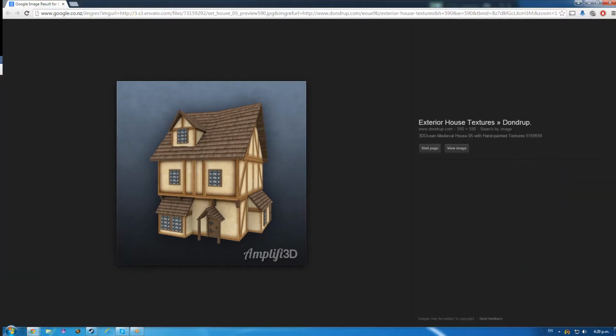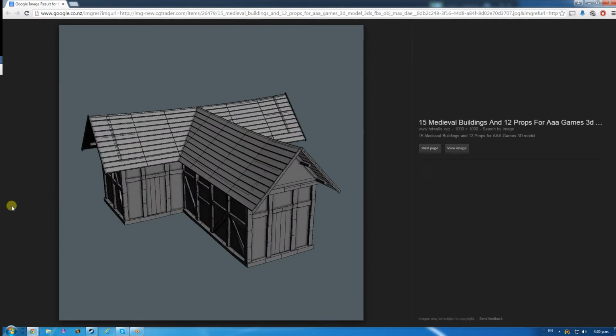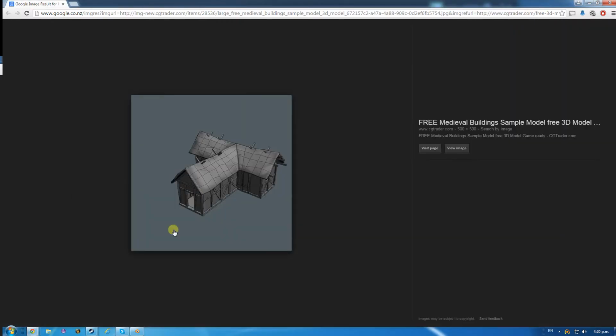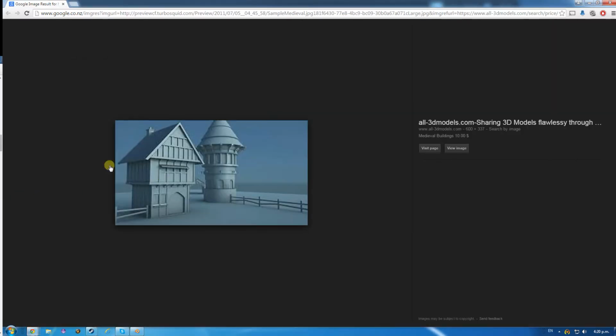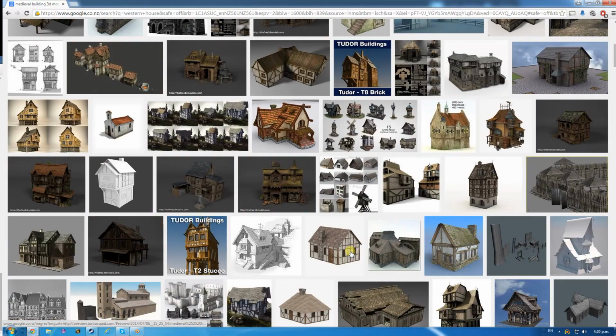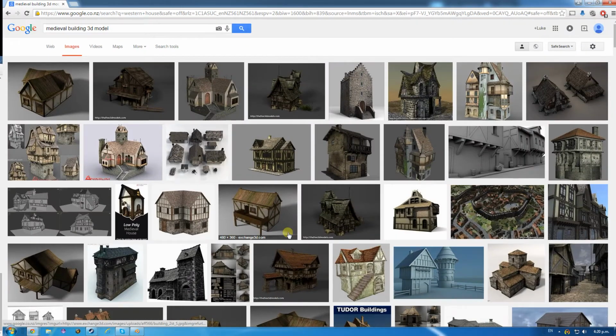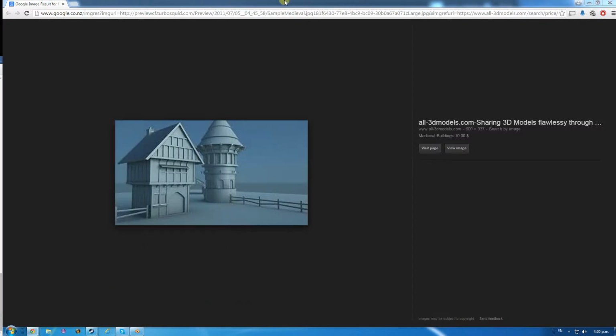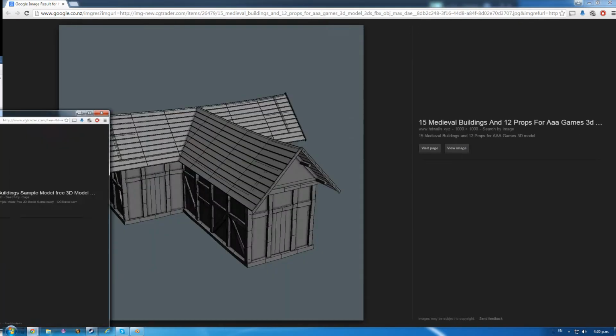So this is just some reference art that I've got. We'll be looking at creating something like this, or like this, kind of like a medieval building. I've found loads of different reference images here that I could take inspiration from. I'm not going to worry about texturing this at the moment. I'm going to texture it at the end rather than going through it. So, going back to Blender,